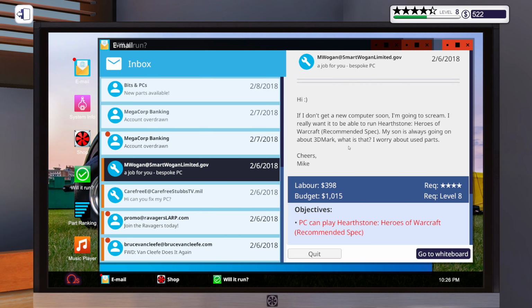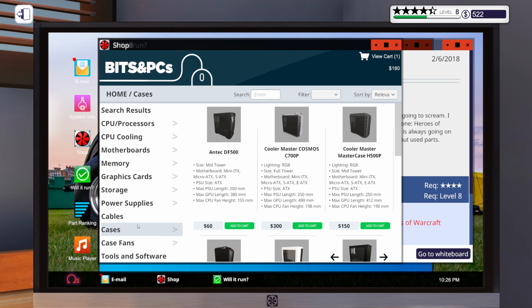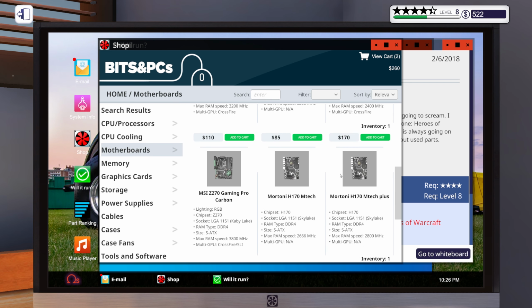Anything else that he wants specifically? He doesn't want used parts, and he wants us to 3D mark benchmark it. Done. I think we basically buy the same setup that we bought for that other guy, except maybe minus the all-in-one cooler. I don't know that we need to go that far. So let's go case. Let's grab us one of these. Let's go to motherboard. Let's grab us one of...